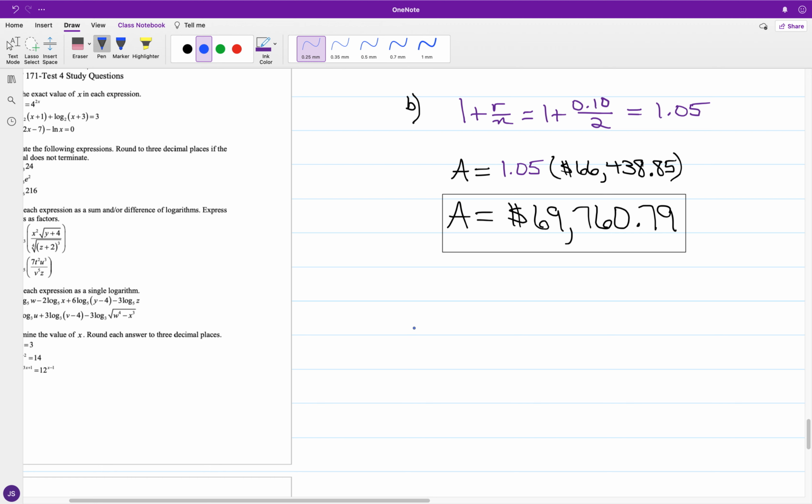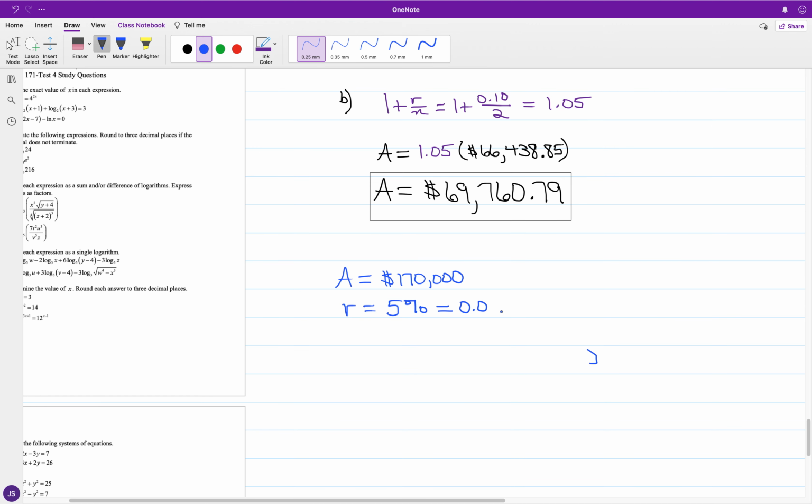Okay, so it is now A that is known. So A is equal to $170,000. And P we're trying to determine. And again, the rate of interest was 5%. Again, the frequency of the compounding is monthly, so N is equal to 12. And again, for the time span, that is 18 years. And so in the case of 27,